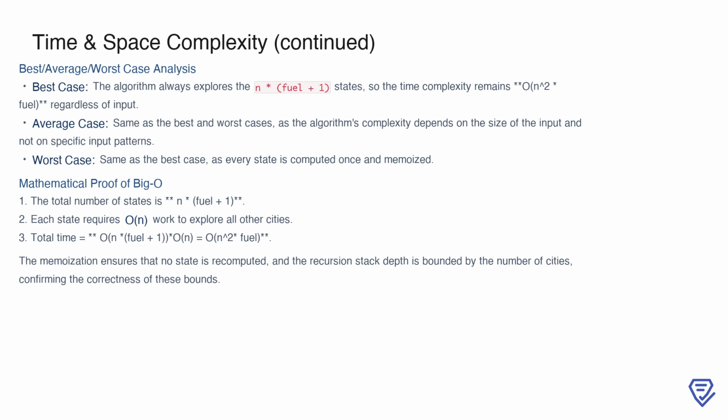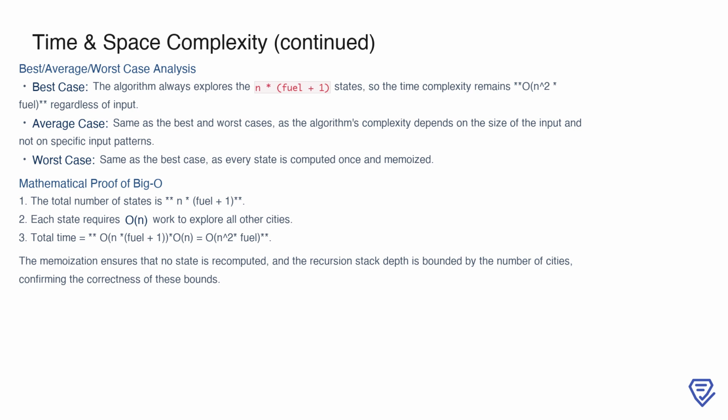This consistency arises because the complexity depends solely on the size of the input and not on specific patterns within the input. Mathematically, the big O proof aligns with our analysis, with n * (fuel + 1) total states, each state requiring O(n) work. The total computation is O(n * (fuel + 1) * n), which simplifies to O(n^2 * fuel). Memoization ensures no state is recomputed, and the recursion depth remains bounded by the number of cities, confirming the correctness